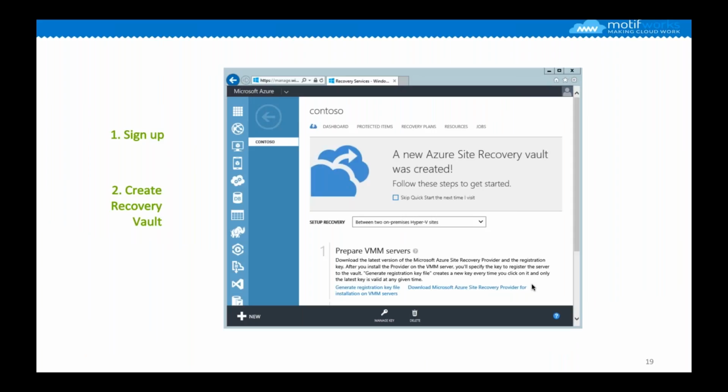So there are so many different scenarios when you're planning or implementing a disaster recovery. If you're replicating VMware to Azure, you would need different steps. Typical steps are the same, but you would need some additional configurations and components. If you are using Hyper-V with Virtual Machine Manager or without Virtual Machine Manager, then you have to take different steps or some additional steps. If you have a physical server, obviously, it would require some additional and different steps as well.